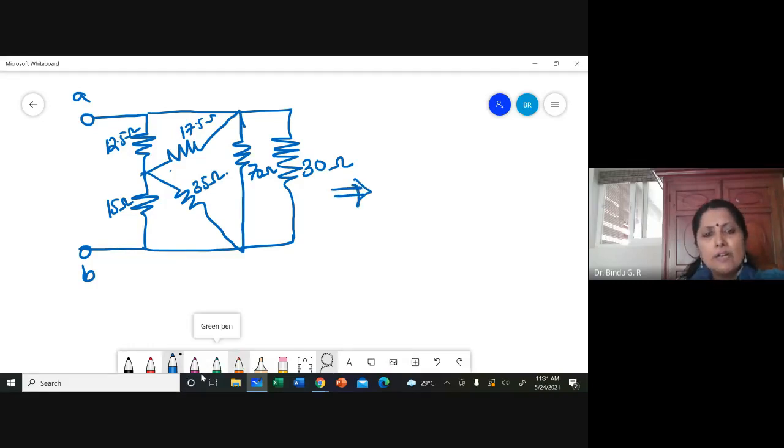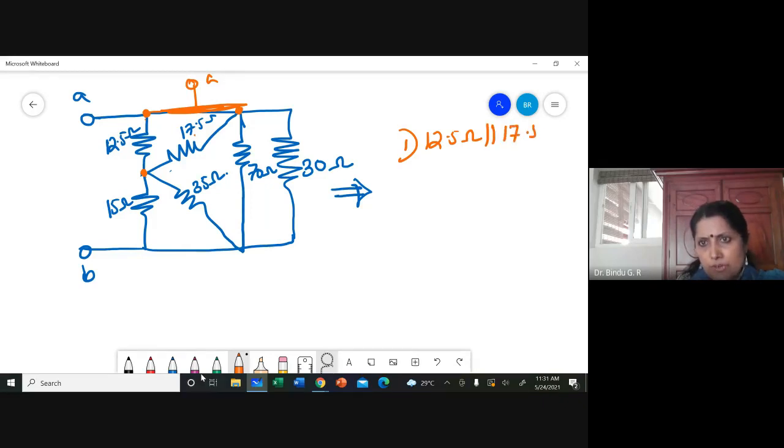Now, how will you convert? Now, look at this. 12.5 is connected between these 2 points. 17.5 is also connected between these same 2 points, A. So 12.5 ohm is parallel to 17.5 ohm. Second thing, 15 ohm is connected between these 2 points, isn't it? 35 ohm is also connected